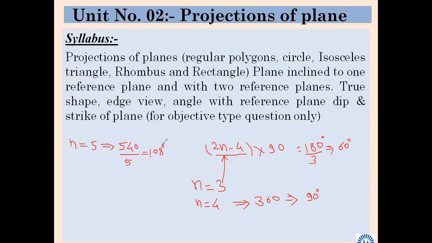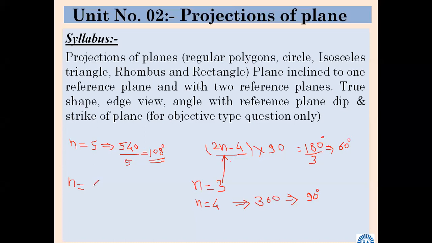This angle is most important. Many times we are going to come across this angle while drawing a pentagon. You should not have to ask, sir, how much angle we have to take. So this is most important again. Now, when we put n equal to 5, next is n equal to